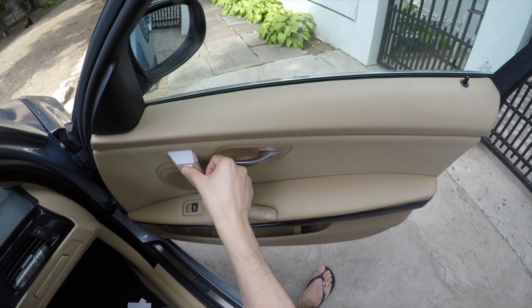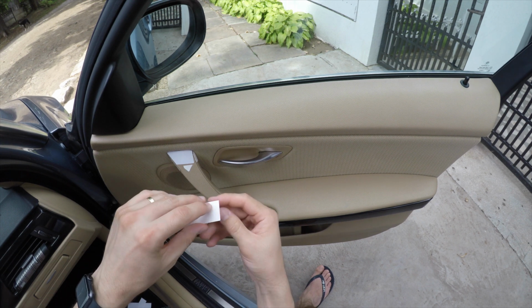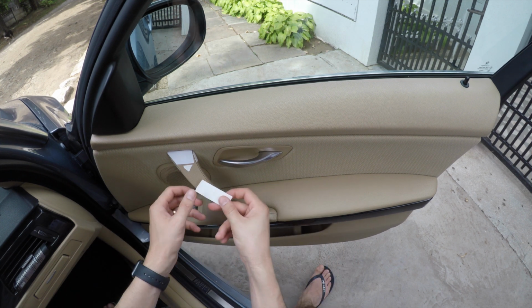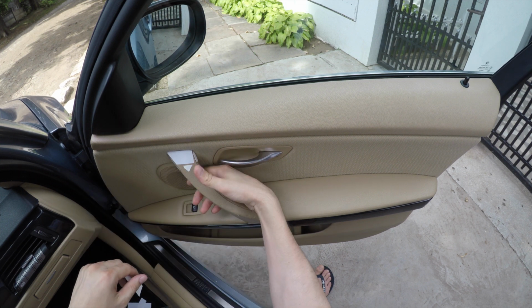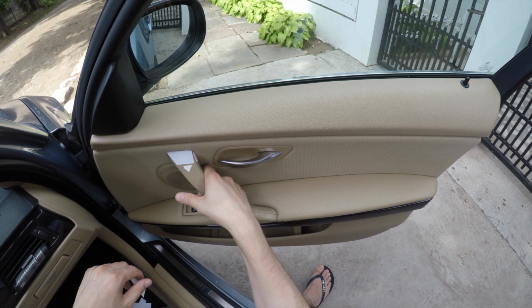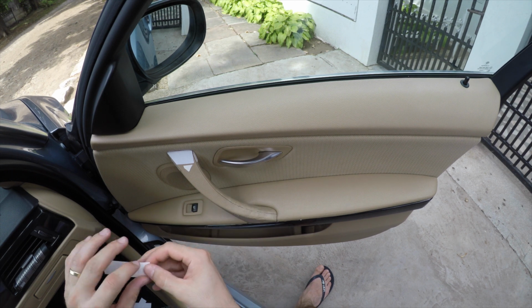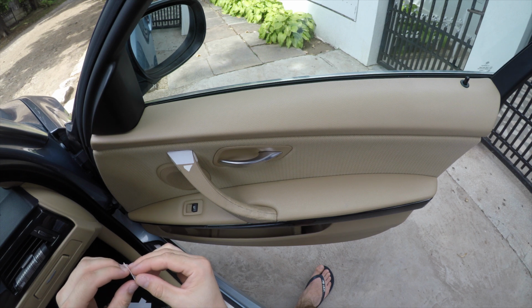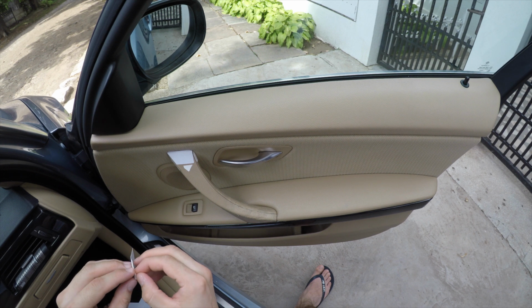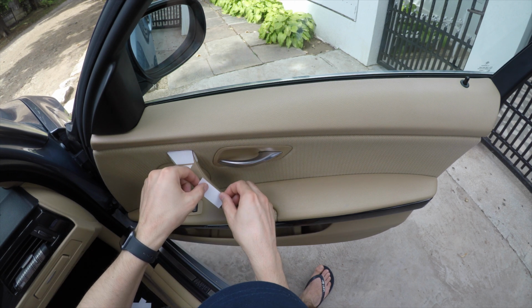I'll put this around here. So something that I didn't find on the site, and I really think it's pretty important, I'll put a piece of tape around here too. So when you grab the whole arm handle, you don't feel it slushy, and I'll put another one because we do have a lot of this sticky part here. Okay, and